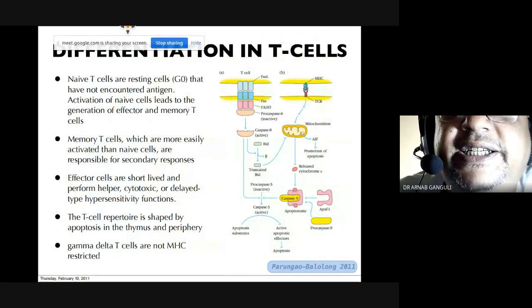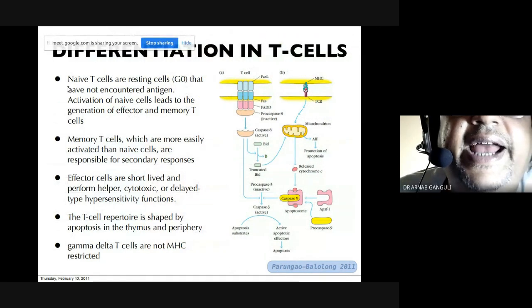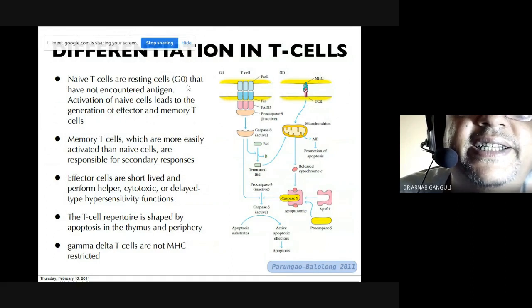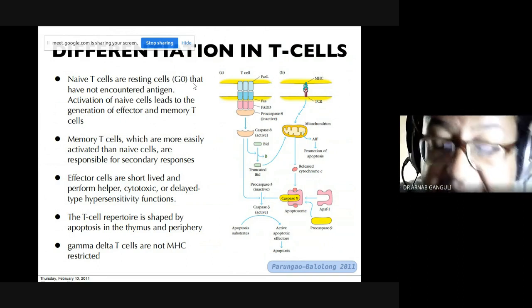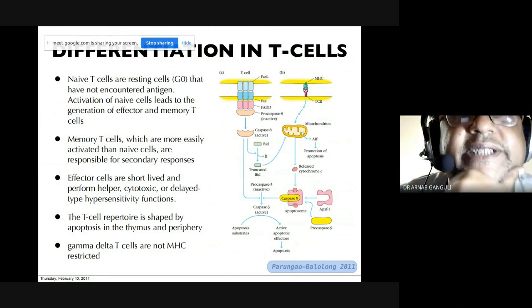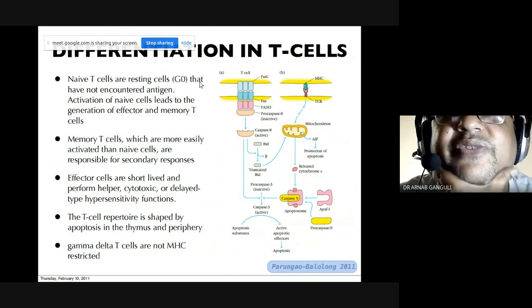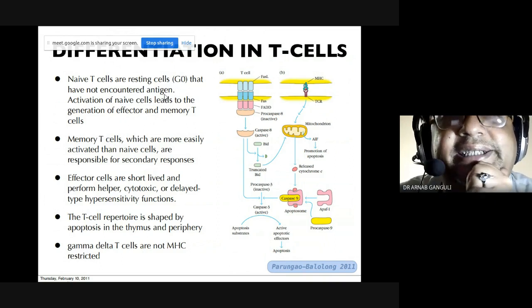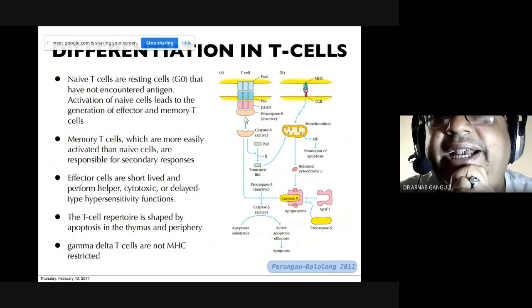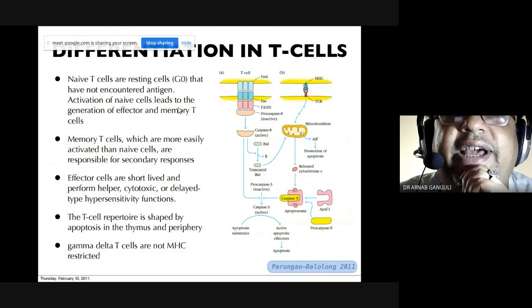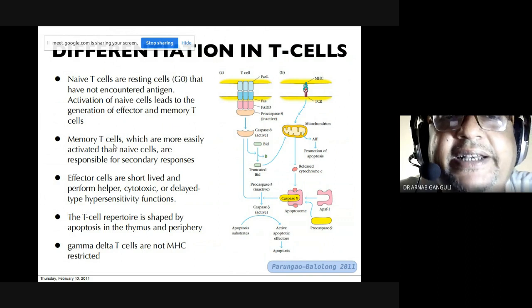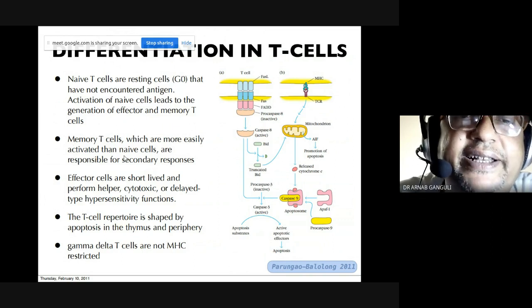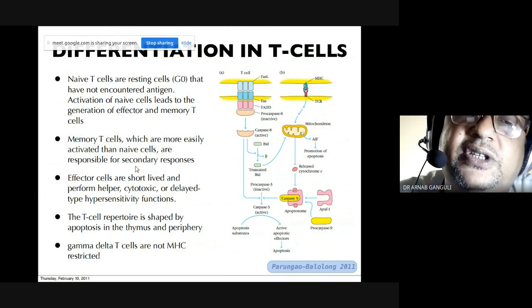নাও ডিফারেন্সিয়েশন ইন টি সেলস। নাইভ টি সেলস আর রেস্টিং সেলস, হ্যাঁ, এরা G0 ফেজে থাকে, সেখান থেকে G1, S, G2 and mitosis takes place. Naive T cells are resting cells in G0 phase that have not encountered antigen. যেই অ্যান্টিজেনের সঙ্গে এনকাউন্টার করছে, অ্যাক্টিভেশন অফ নাইভ সেল লিডস টু দ্য জেনারেশন অফ এফেক্টর অ্যান্ড মেমরি টি সেলস। এটা আগেই ছবিতে দেখিয়ে দিয়েছি। Memory T cells which are more easily activated than naive cells are responsible for the secondary